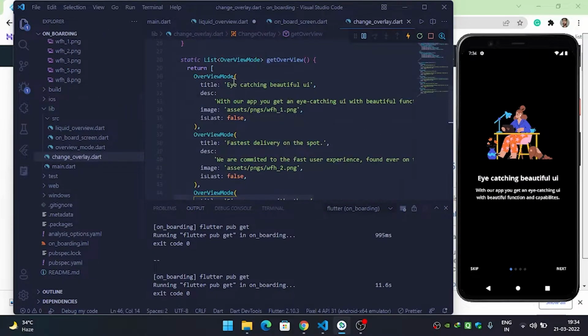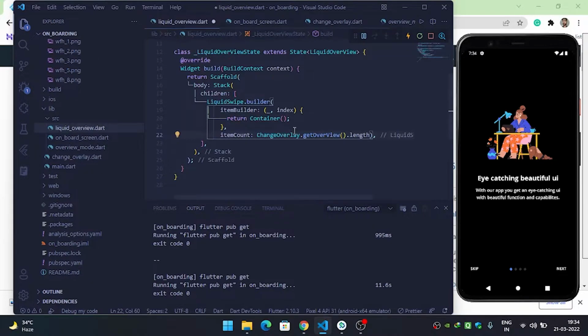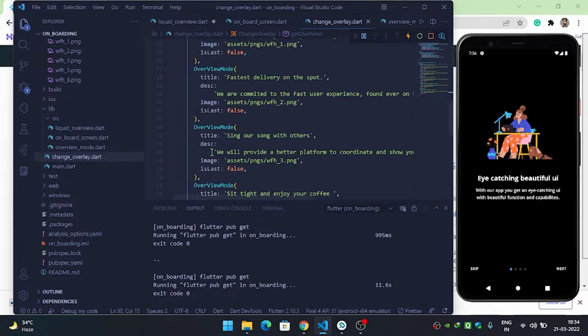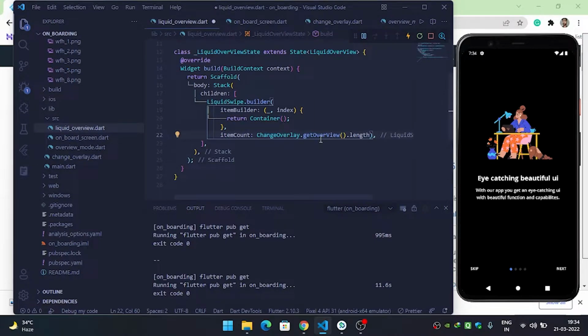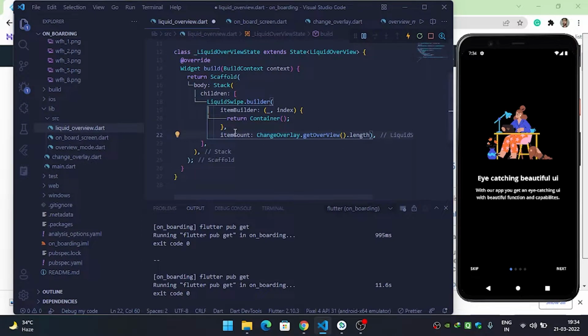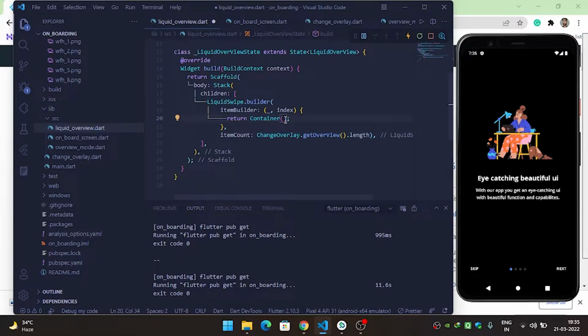Or it is nothing, we are creating the list of an overview class in which we are passing the title, description, image, or is last variables, and inside this we are returning the list of that overview model class. Then we are grabbing the length of that list which was inserted inside the change overview, and inside the item count we are passing the length of the list we have created earlier. So now inside the container we will